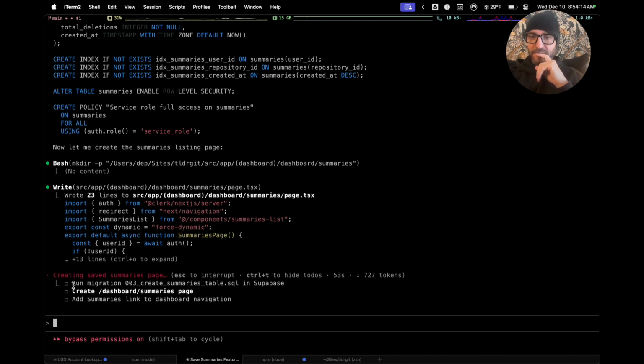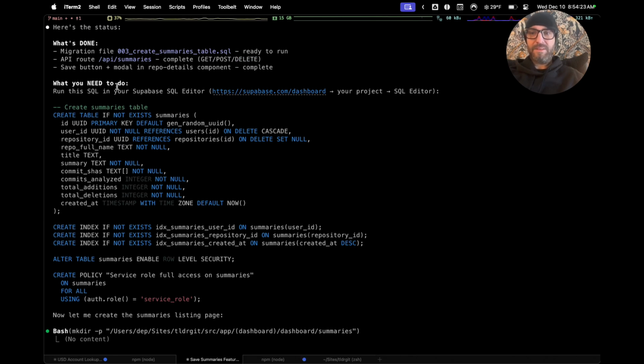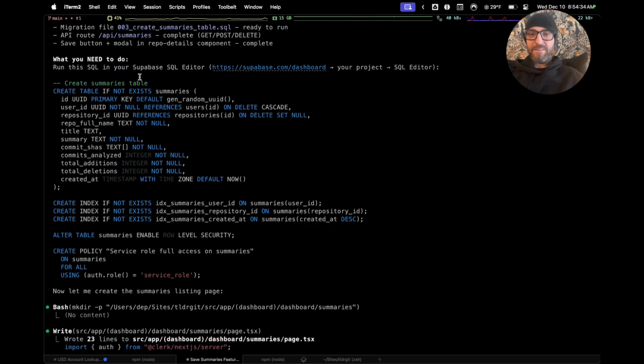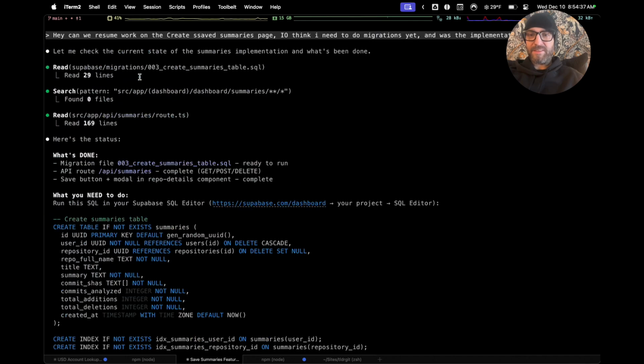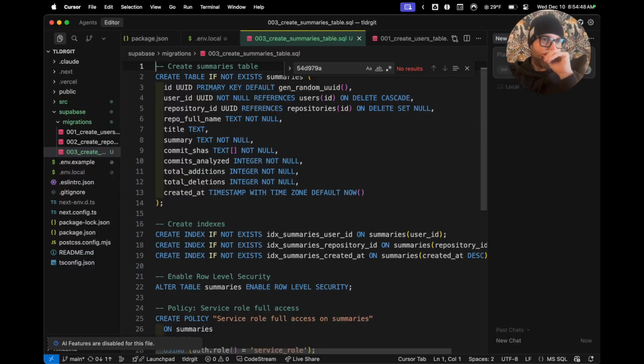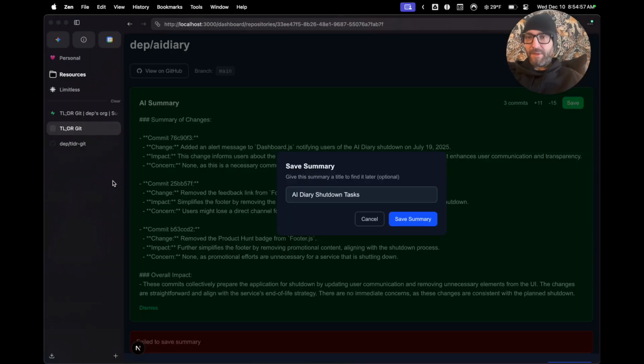So it's creating the saved summaries page. It looks like it created the migration and ran it as well. And you'll notice too, it says you need to run this in your Supabase SQL editor. You need to take this migration file and plug it into Supabase. So that's what I'm going to do: take the file it created here. So this is Cursor, and I'm using this when I do need to get into my editor. So here's my create summaries table. I'm just going to copy this whole thing. And then back in Supabase,